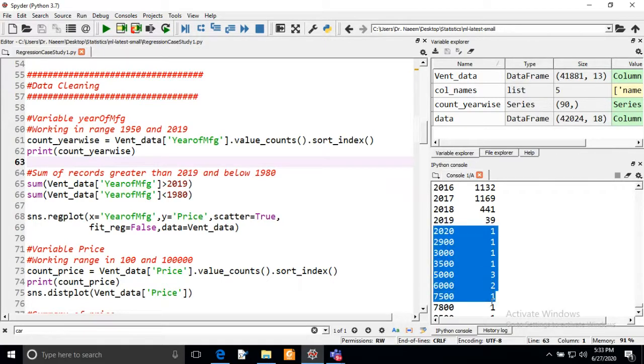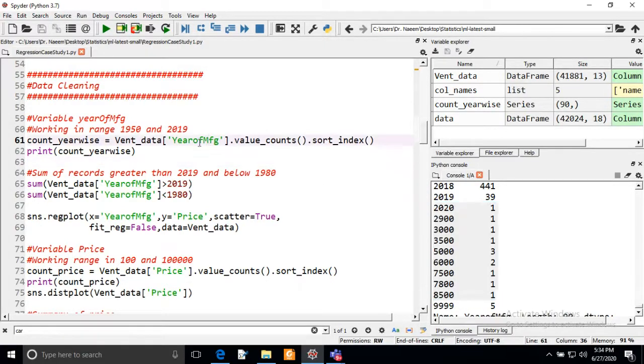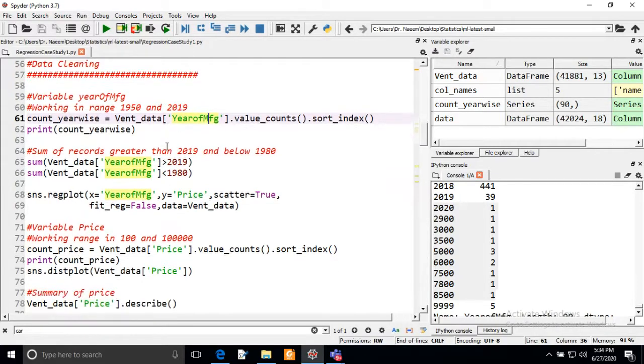These are irrelevant information for us, and we cannot think that a ventilator was developed or manufactured in 2020, 2900 or 3000. So we will work on how we can narrow down the range of these manufacturing years.